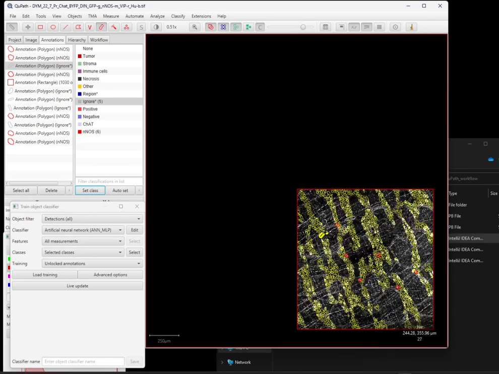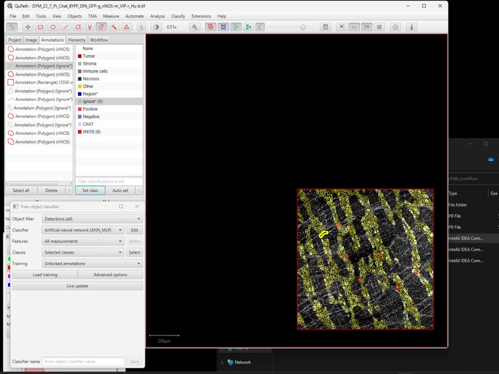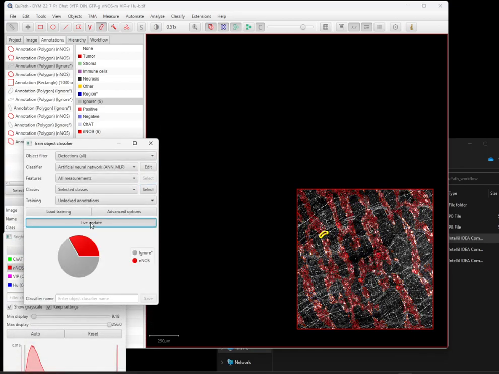Okay, so now I've created a few annotations. Just make sure you have somewhat equivalent annotations for both different classes. Go to select, I click ignore, apply. Now I click live update. When I click live update, you can see that